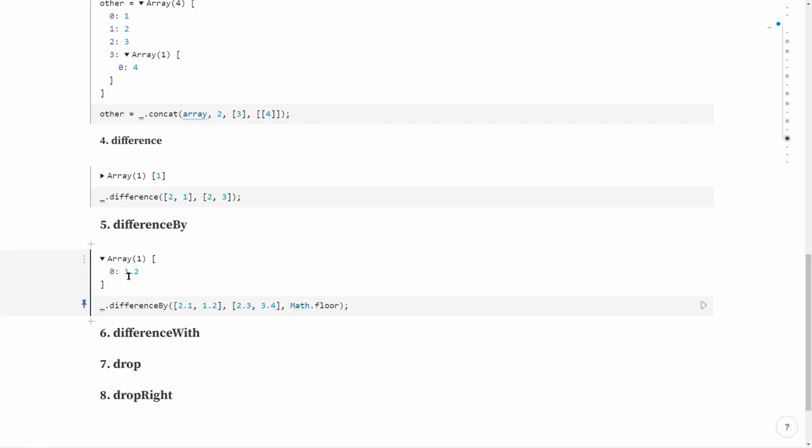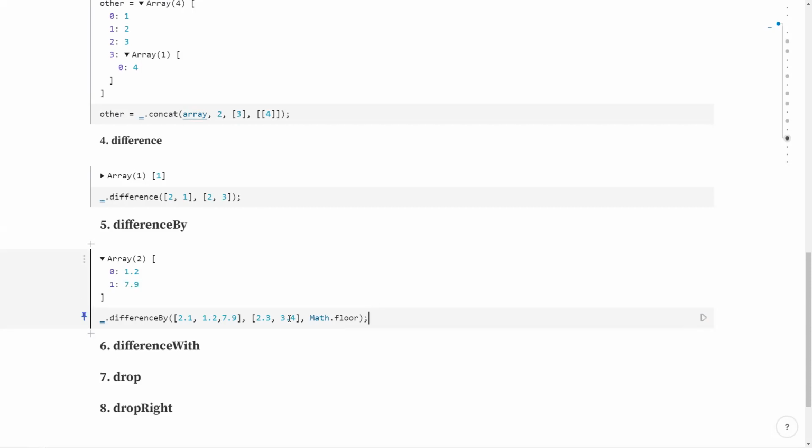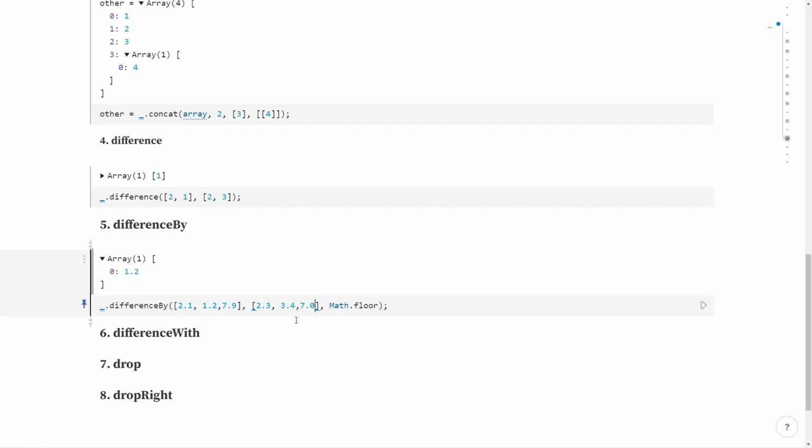So we got 1.2. Let's add one more element, 7.9. As there is no 7 related float value, we should expect 7.9 in our output. And if we add anything with, let's say, 7.0, it will be gone. So this is difference by.